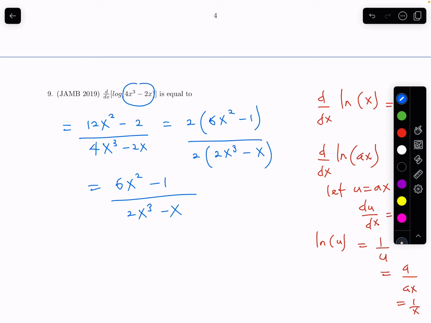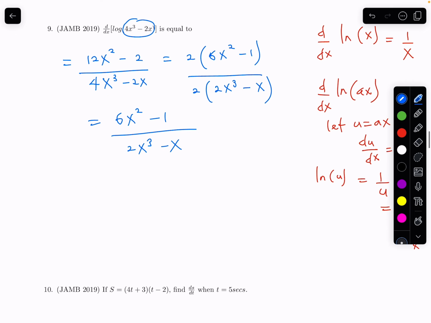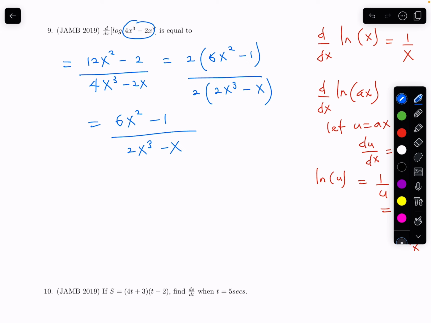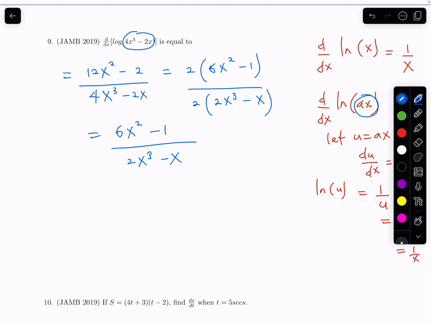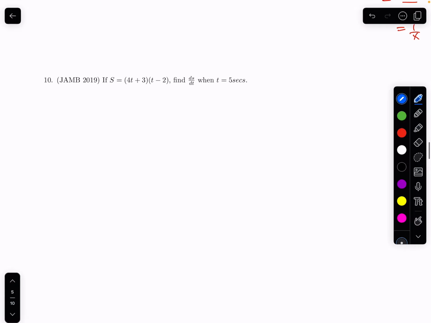And that's the solution. So let me just explain what I did. I just took the derivative of what is inside the log function, and I divided by that exact thing. So it's kind of like what I have here. For this one, I took the derivative of this, then I divided by exactly that same thing, and I simplified. And that gives me my answer. Okay, so now let's move to the next problem, which is